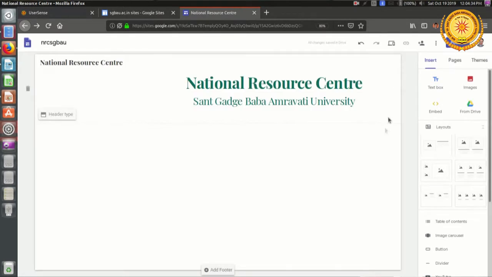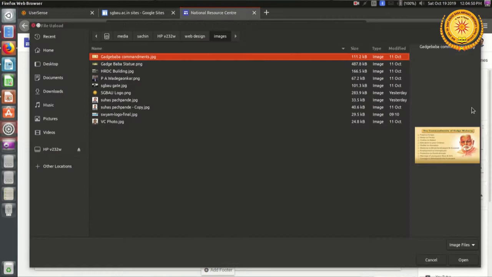Right now, as I have mentioned earlier, I have stored almost all resources and information that will be needed for uploading on the web page in a folder on my pen drive. So I will be uploading the image from that folder.